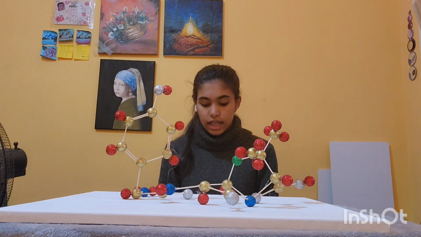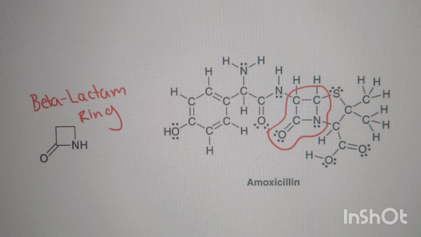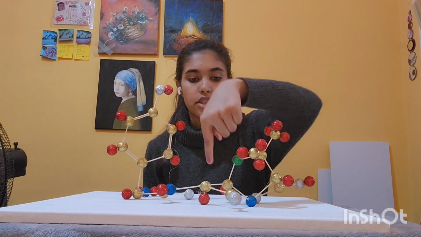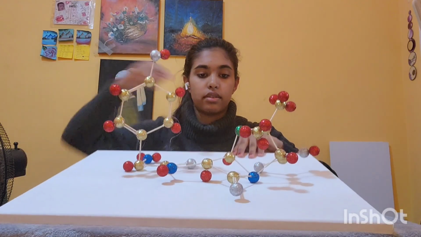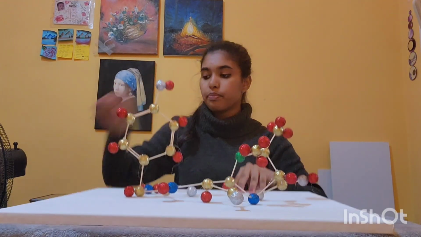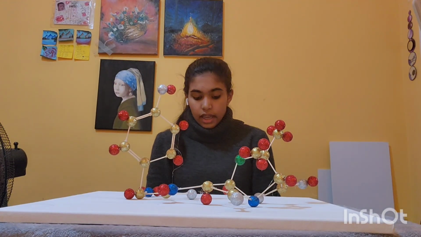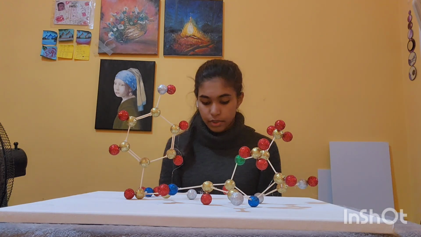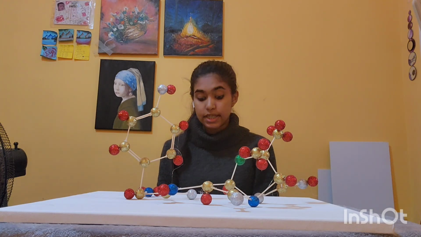Amoxicillin is in the class of beta-lactam antimicrobials, which means it contains a beta-lactam ring in its chemical structure. And as you can see here, this is the beta-lactam ring right there in its chemical structure. Some reactions amoxicillin is involved in include when the beta-lactams act by binding to penicillin-binding proteins